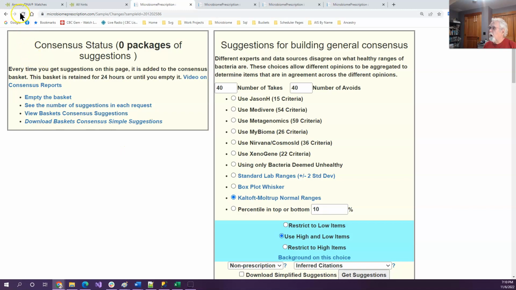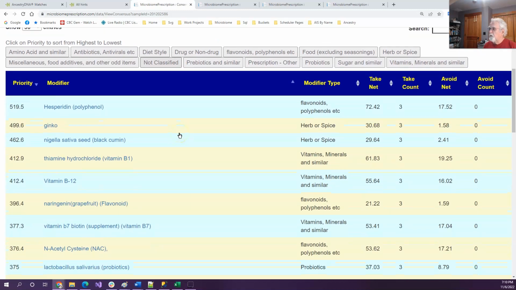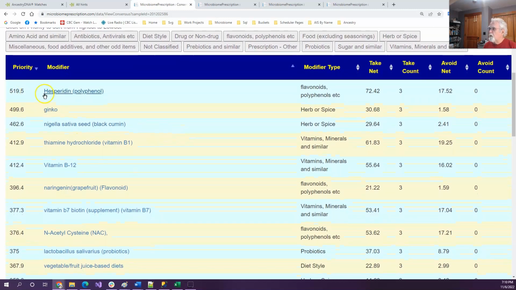So we go here, I'll refresh the page, and we have 3 packages there. We can just click here to view the consensus, and there we have a variety of things listed, highest priority working downwards. Now, at this point, the question is, okay, how do I know that this is probably the correct one? Well, this person has a condition called chronic fatigue syndrome, and there is a tremendous volume of literature